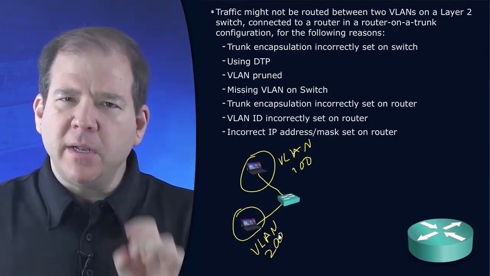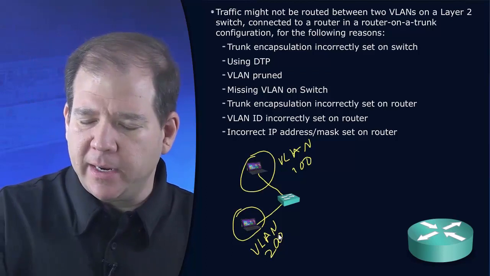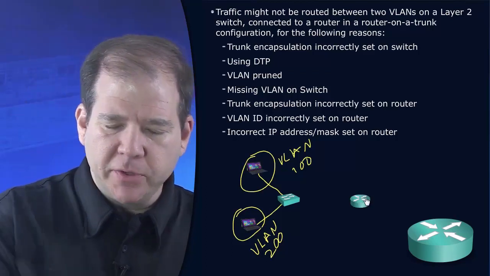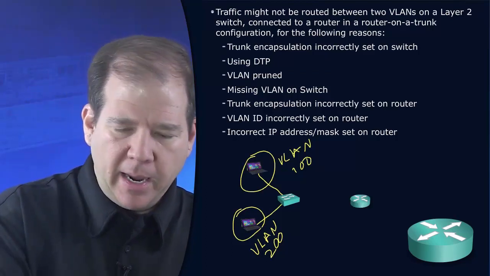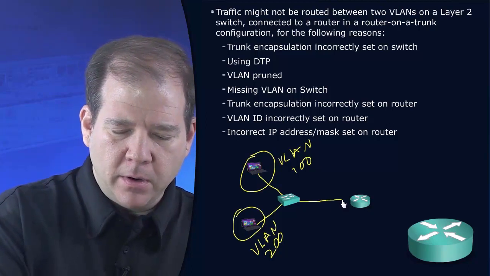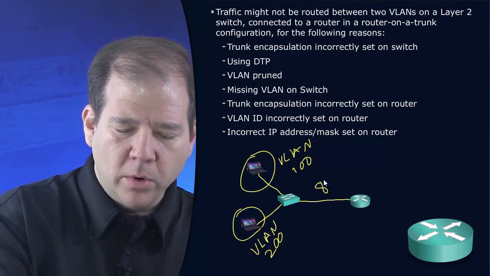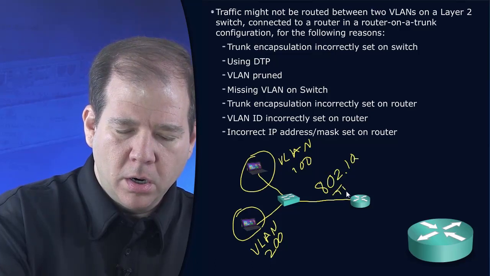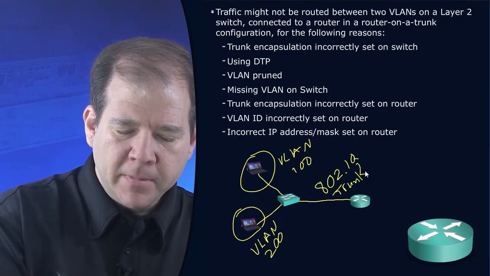If this is just a layer 2 switch, we're not able to do that. What we can do, however, is introduce a router to the topology, and we can connect to that router via a trunk. We're going to create an 802.1q trunk connection, and now